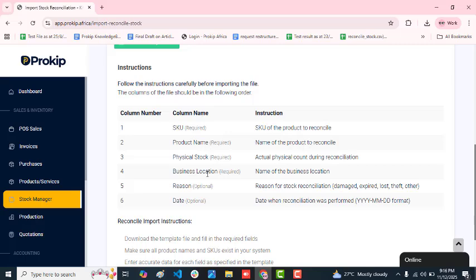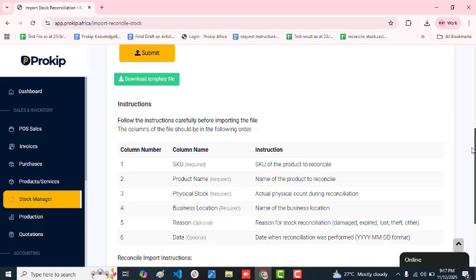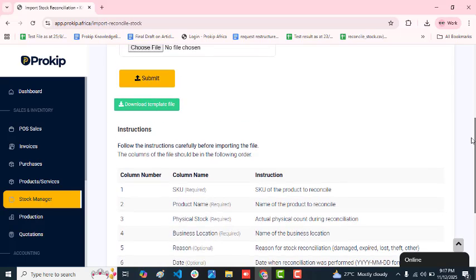The optional instructions involve the reason and the dates. The reason why you want to reconcile, which involves damaged, expired, lost, theft, and other reasons, and the date when the reconciliation was performed. Now that we are done with this,